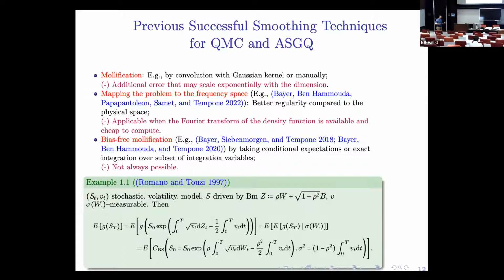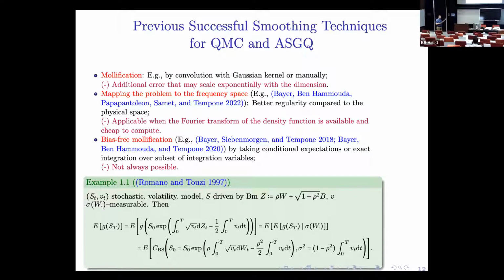with, and if you end up with the required regularity, because also the quasi-Monte Carlo requires less regularity. The multilevel requires only Lipschitz, maybe. The quasi-Monte Carlo requires a control on the weighted mixed first derivatives, but the adaptive sparse grids require much more. So it depends also on how much regularity you want. But you can also do smoothing by convolving with some kernels, but this has an error that could scale exponentially with dimension.